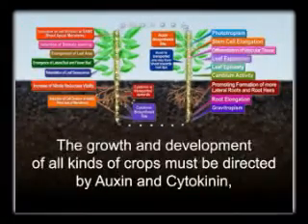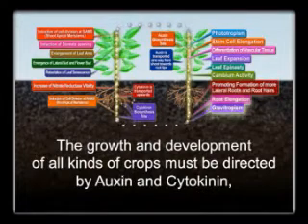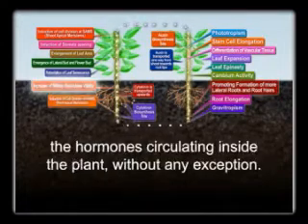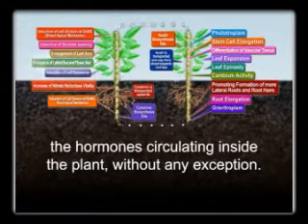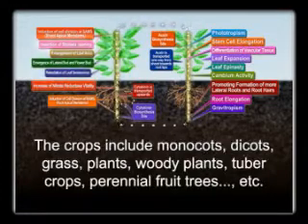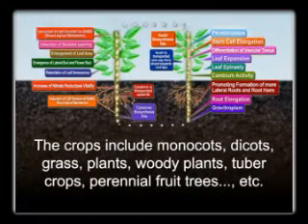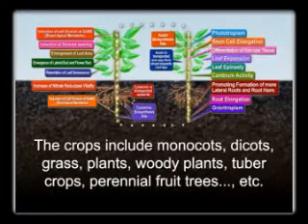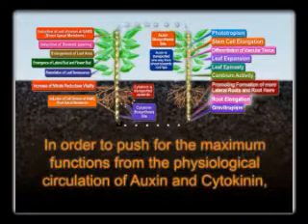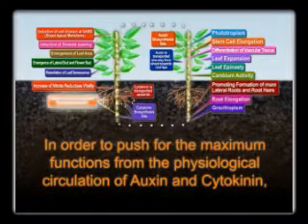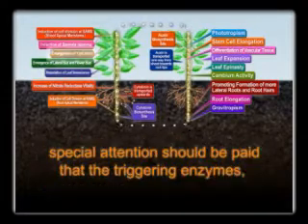The growth and development of all kinds of crops must be directed by auxin and cytokinin, the hormones circulating inside the plant, without any exception. The crops include monocots, dicots, grass plants, woody plants, tuber crops, perennial fruit trees, etc. In order to push for the maximum functions from the physiological circulation of auxin and cytokinin, special attention should be